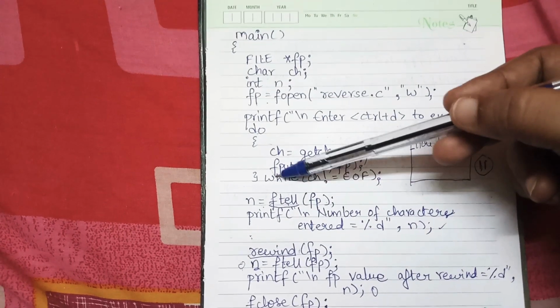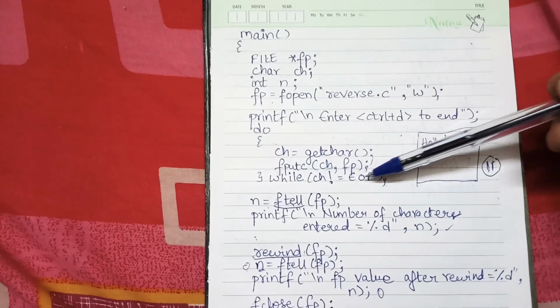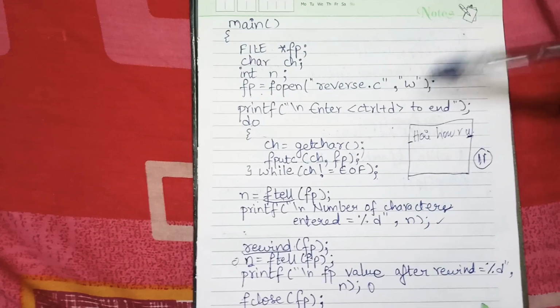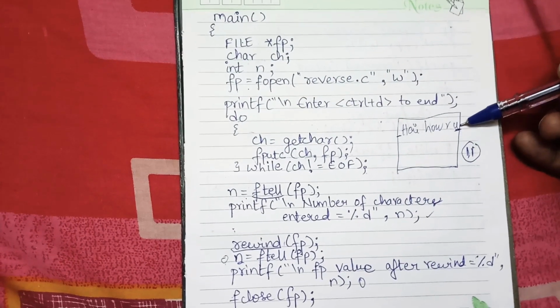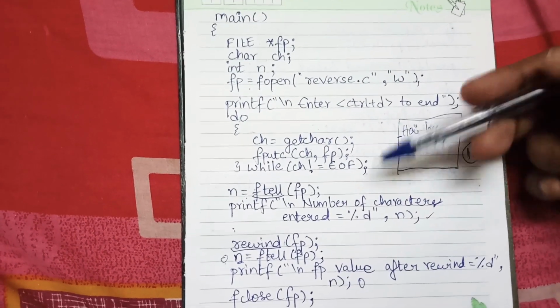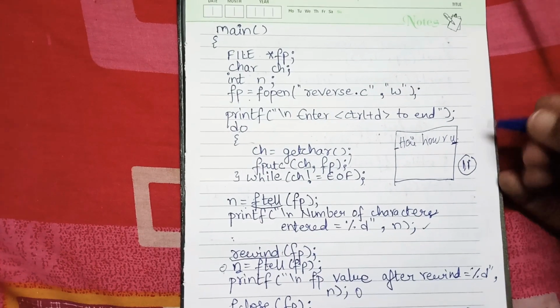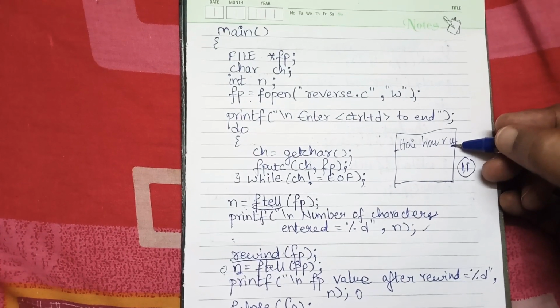And how many times does that have to be done? It has to be done until we reach the end of the file. So this is the way I would like to get the file: "Hi, how are you?" Next, we are at the end of the file here, somewhere at EOF.